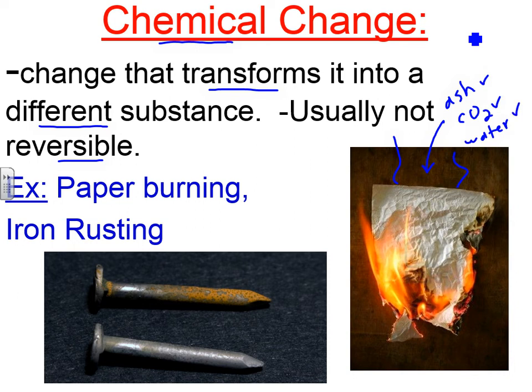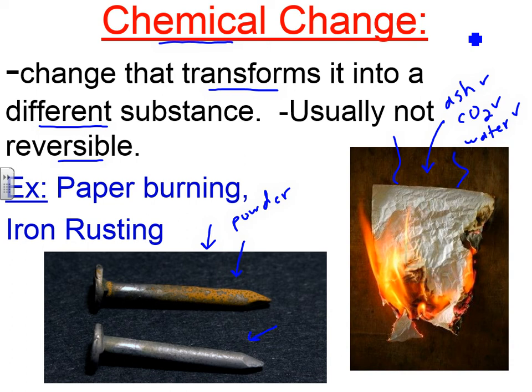Iron rusting is another example. So here we have iron as a metal, and as the metal rusts, you've got this orange-brownish substance that forms on top of it. Now, this is actually a powder, so it has a different texture than the original metal. The original metal was nice and solid and firm. Now it's a powder. It has a different texture, it has a different color, so you know you've produced something